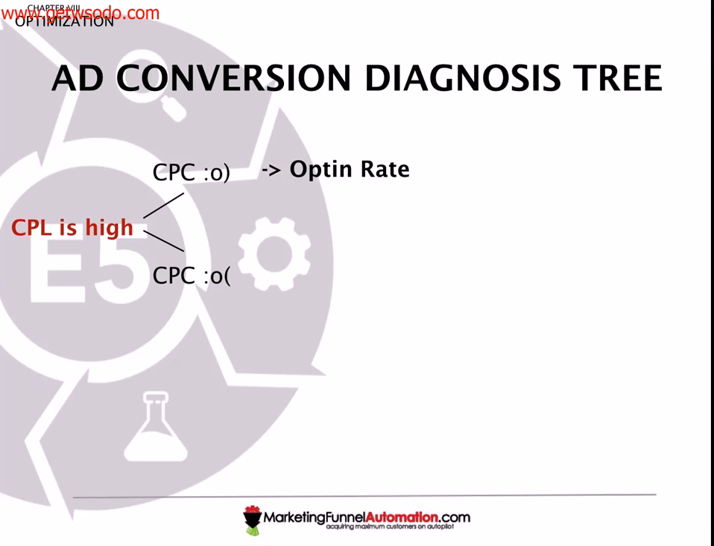Right? Maybe my ad is incongruent. Maybe my opt-in page, I need to test some variations. So that's the decision I would make. If my CPL is high and my CPC, my cost per click, is really low, well, then I'll ask myself,